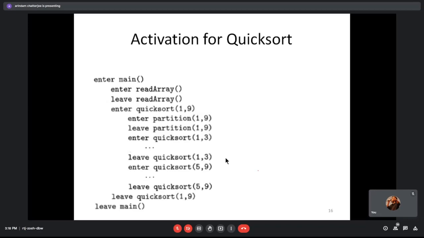So what does leave mean? Leave keyword means exit. This is not part of the C programming language as such. It is some kind of pseudocode, you can say, just to explain how the sequence of activation happens for